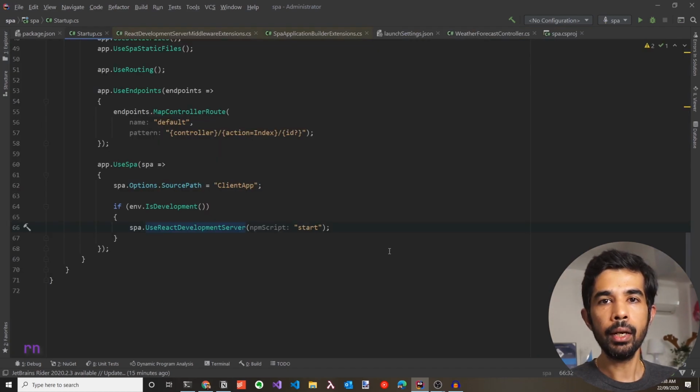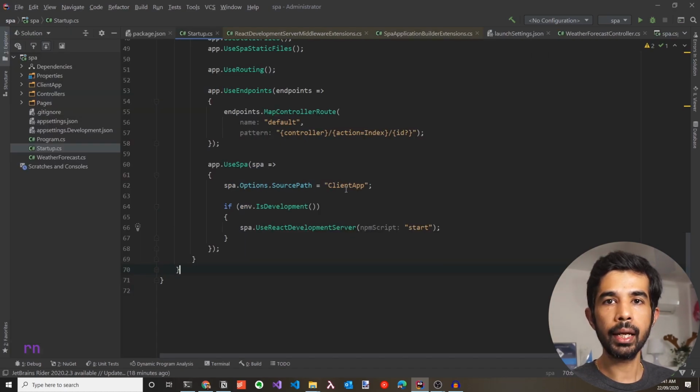Even though it's convenient that you do not have to spin up your own Create React App server, there is a slight drawback with this approach. Every time you make a C# code change, you need to rebuild the application and restart the server. This also forces you to restart the React application server, which takes a couple of extra seconds than usual. If you're making a lot of C# related changes and don't want to wait for the Create React App server to start up, you can run it externally and start routing the request from here. Let's see how we can do that.